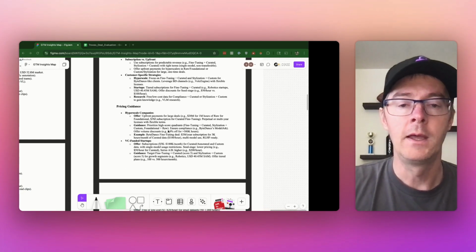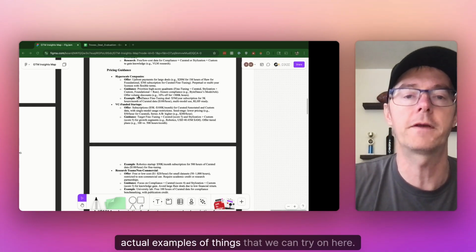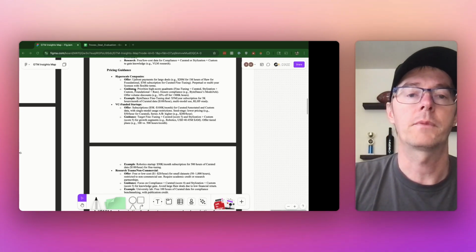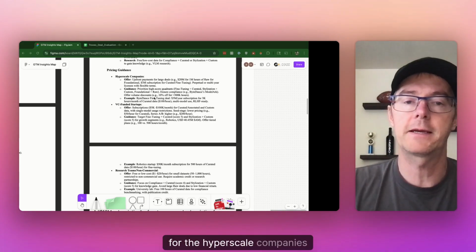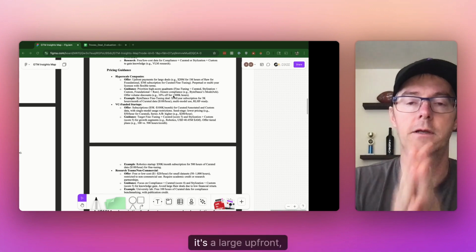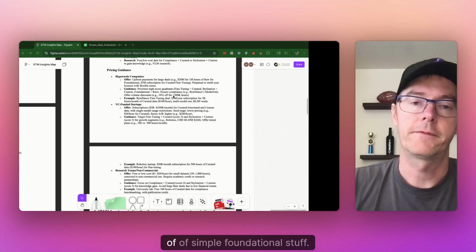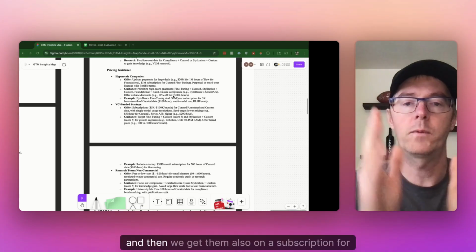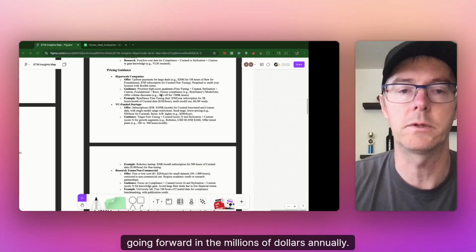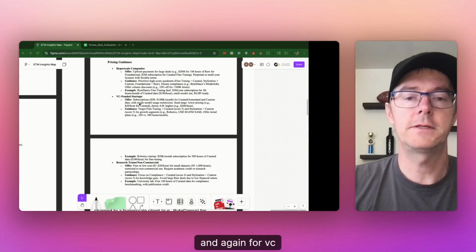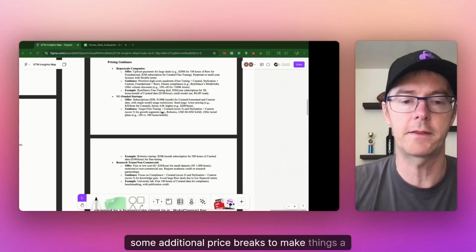Now, there are some actual examples of things that we can try in terms of initial pricing guidance. For the hyperscale companies, it's a large upfront, like maybe $20 million for 1 million hours of simple foundational stuff. And then we get them also on a subscription for fine tuning going forward, in the millions of dollars annually. And again, for VC funded startups, there could be some additional price breaks to make things a little bit more